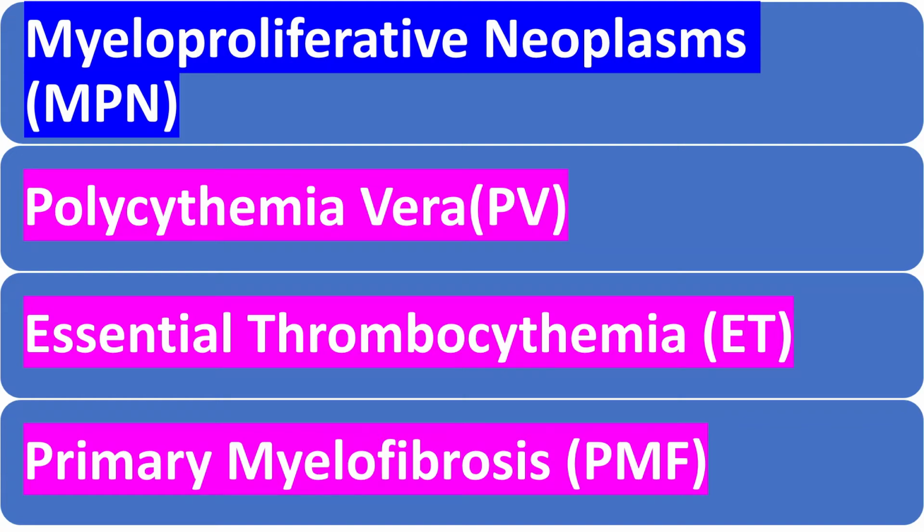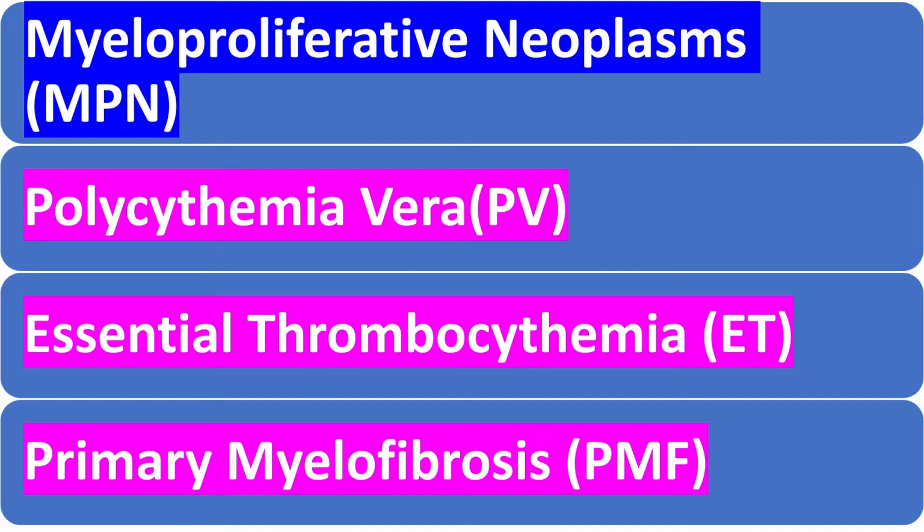Myeloproliferative neoplasm (MPN) is expansion of myeloid lineage blood cells in the bone marrow and the peripheral blood. So what includes myeloid lineage blood cells? So let's see how hematopoietic stem cells will